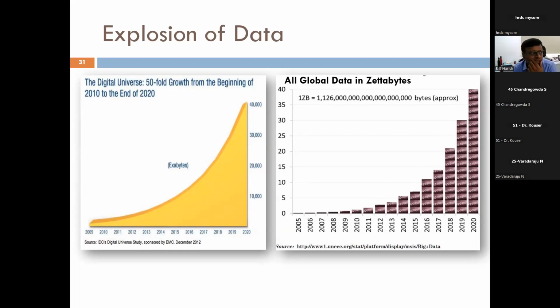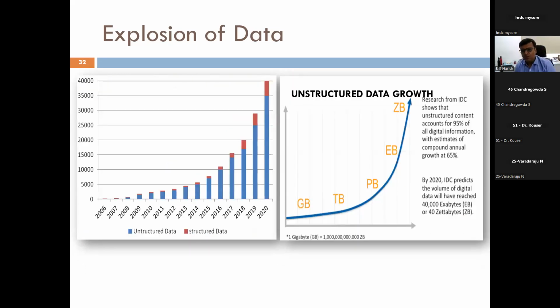A good example is that as soon as I started this session, the HRDC office started recording this session. Whatever we discuss for 2 hours or 2.5 hours will automatically be stored in some space, in some databases. Now the big question is how to manage this kind of data. That is a big challenging task, and we'll see how to do it.